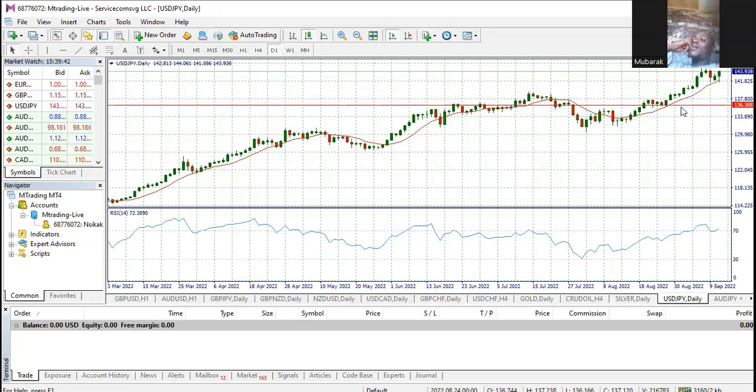It was here when the market closed, Friday around here when it closed. So I did say that the market is going to buy a bit, then sell. When it comes in contact with the 10-day simple moving average on the daily time frame, it will buy again, make a double top on the daily time frame, then start selling again. If you watch the analysis, you see that's what I said.